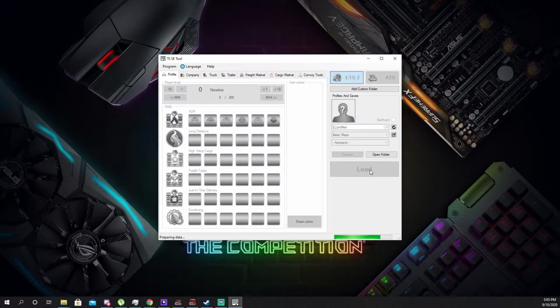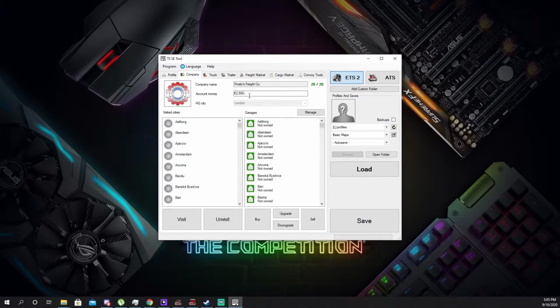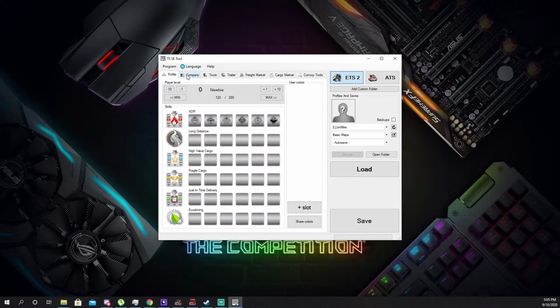Very, very simple. Already on the screen you can see all the symbols and everything like that. There's your rank. Go across to the company tab, and there's your company name, money, and the areas you've discovered, and the garages and so forth. The first thing I'm going to do is look at my profile. I'm going to change my rank to 25 so that I can buy the truck of my dreams,